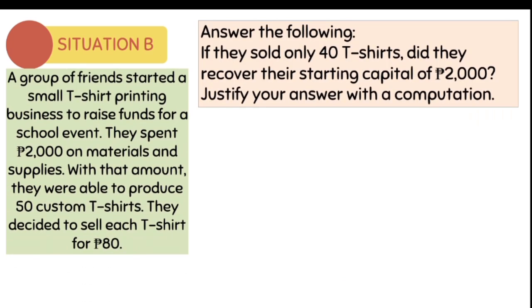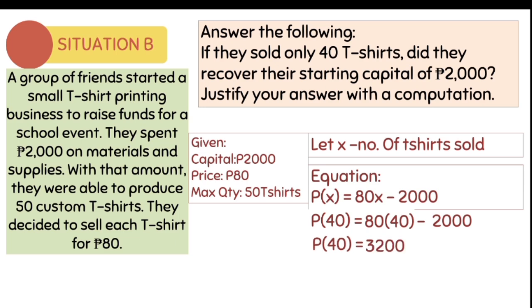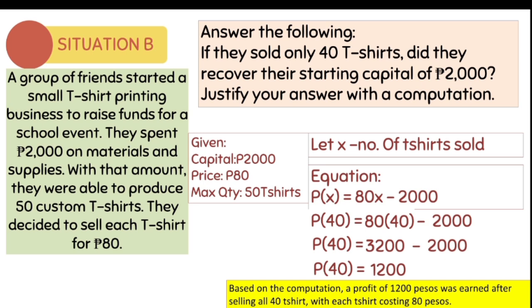Question number 3. If they sold only 40 t-shirts, did they recover their starting capital of 2,000 pesos? Justify your answer with a computation. So we will be using the same process. We use the equation P of x equals 80x minus 2,000. So we replace x with 40. So 80 times 40 is 3,200. So the income after selling all 40 t-shirts is 3,200 minus the 2,000 expenses, and that will give us a profit of 1,200. Therefore, based on the computation, a profit of 1,200 pesos was earned after selling all 40 t-shirts with